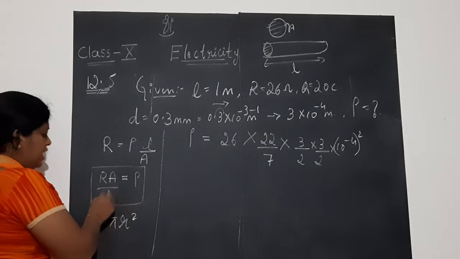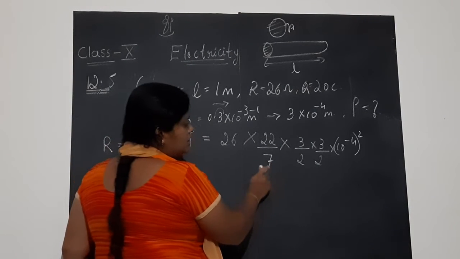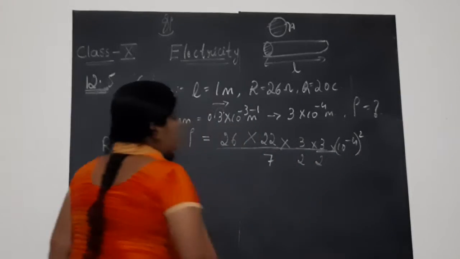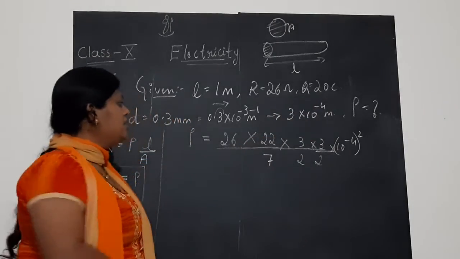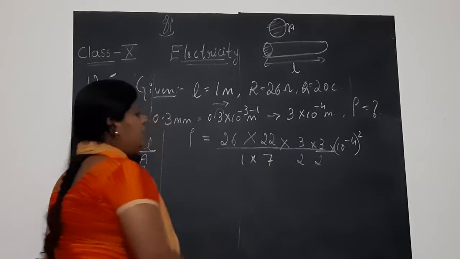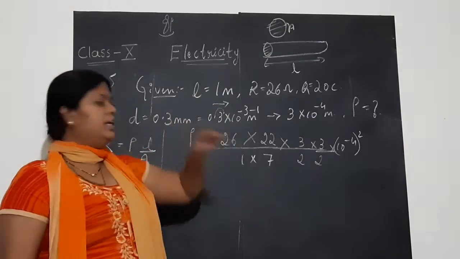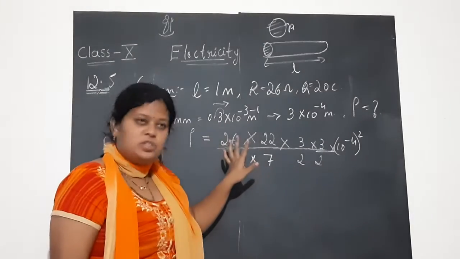That is not the end. Length is 1 meter. Now you can see, children, 7, 2, 2 etc. are in the denominator. This line of 3 by 2, 3 by 2, I will make it complete in the numerator. These are in the denominator. 1 into, I will write. Why 1 into? That is the value of L. L is 1 meter. So simply write 1. Hope the substitution is clear to you, children.